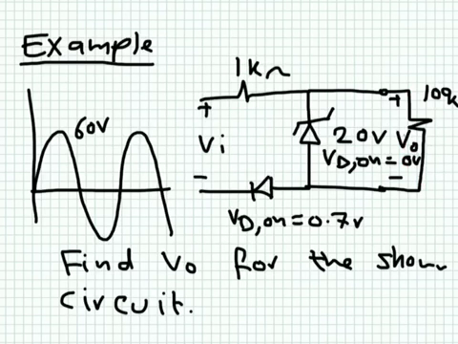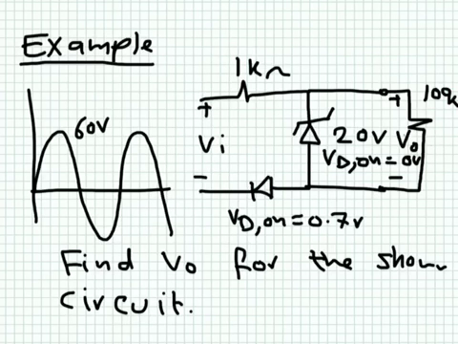So I can simply say that the voltage appearing across this output will be approximately equal to Vn minus 0.7. I'm now ignoring the drop appearing across the 1K because the 1K is too small relative to the 100K. Now, if the voltage increases above 20.7